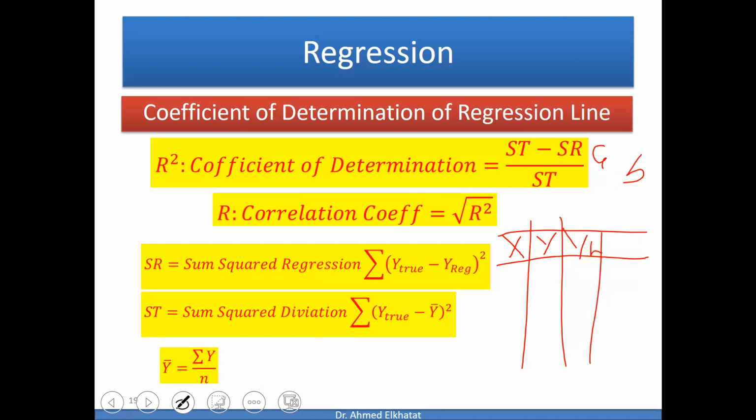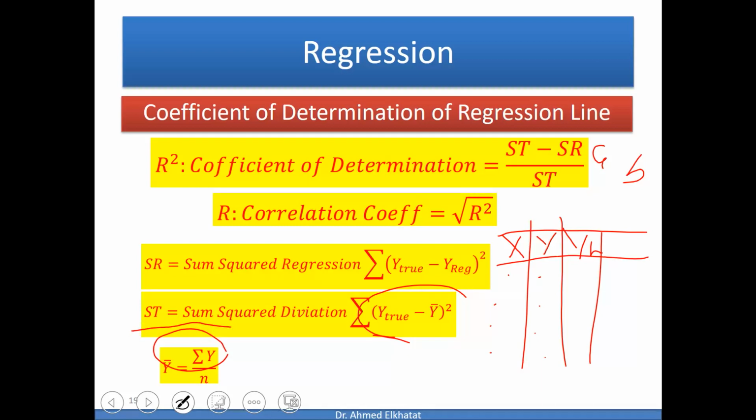Now, you have different Y values. The average of Y is the summation of Y divided by their number. So Y true minus the Y average, squared, will give you the deviation from